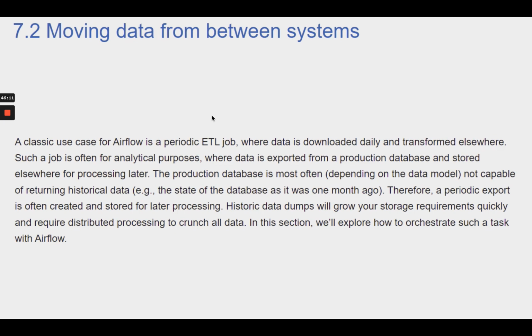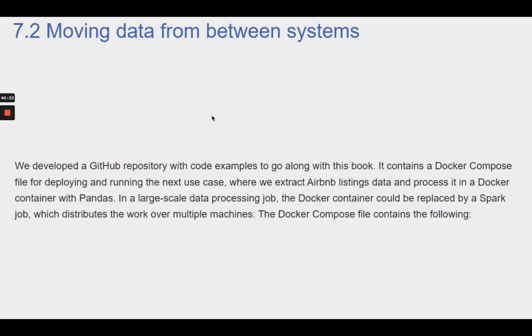Historic data dumps will grow your storage requirements quickly and require distributed processing to crunch all data. In this section, we'll explore how to orchestrate such a task with Airflow. We've developed a GitHub repository with code examples to go along with this book. It contains a Docker Compose file for deploying and running the next use case, where we extract Airbnb listings data and process it in a Docker container with pandas. In a large-scale data processing job, the Docker container could be replaced by a Spark job, which distributes the work